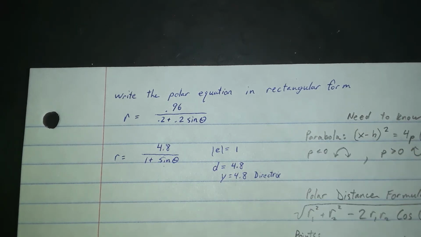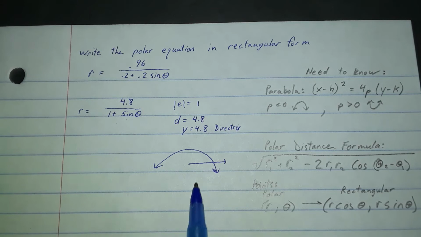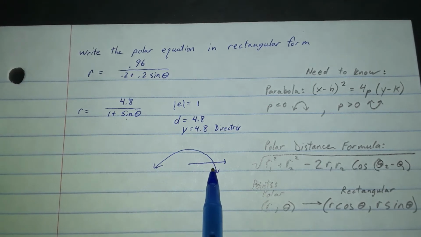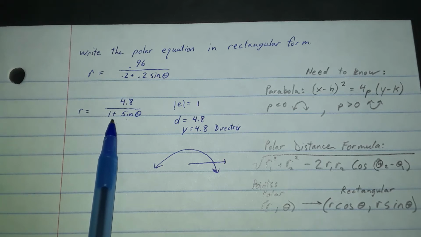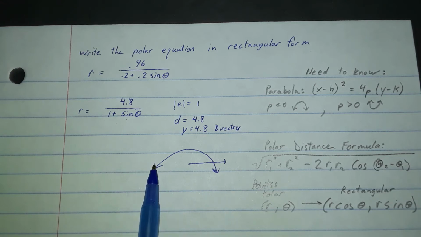Okay. At this point, we can start to look at a sketch of this and look at finding the vertex. Looking at the form of the equation, since we have sine here, we know that this is going to either open up as a smiley face or down as a frown face. The eccentricity of 1 tells us we're dealing with a parabola, so it's either a smiley face or a frown face. It's positive here,